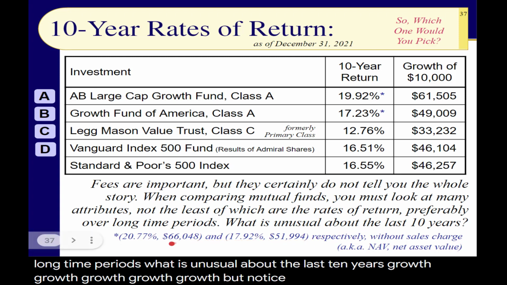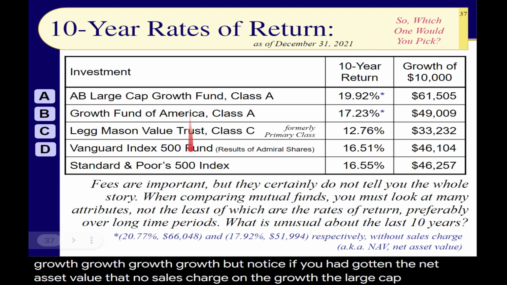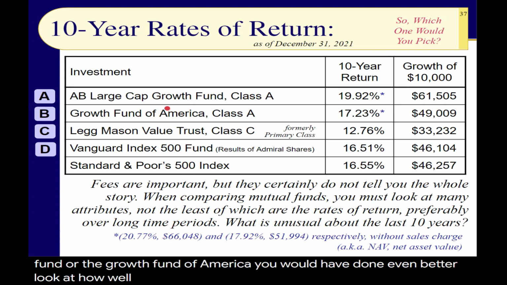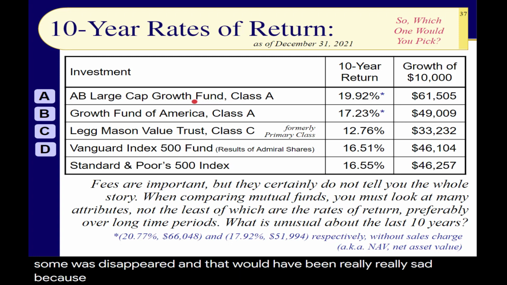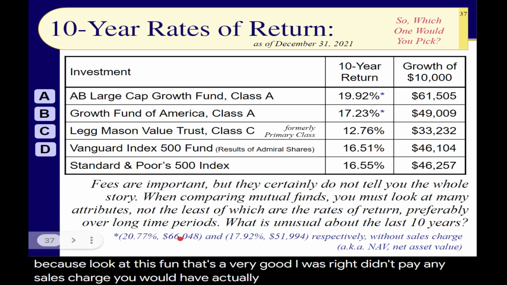But notice, if you had gotten the net asset value, the no sales charge on the large cap growth fund or the Growth Fund of America, you would have done even better. Look at how well that large cap growth fund did. You see, Alliance, as I said, almost disappeared. And that would have been really, really sad because look at this fund. It's a very good fund. And if you had $1 million and didn't pay any sales charge, you would have actually done even better,